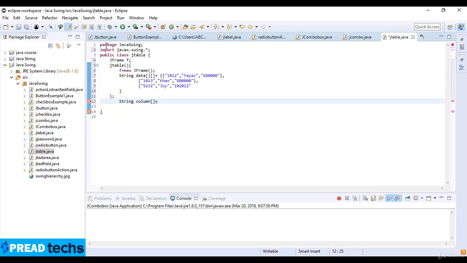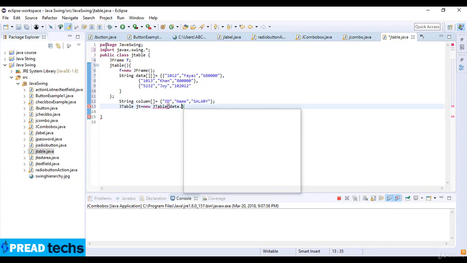and now I just write String, and the array size of column which is equal to, and then here I just define ID, name, and salary. Okay, and now JTable, and JTable gt which is equal to new JTable, and then I just write data,